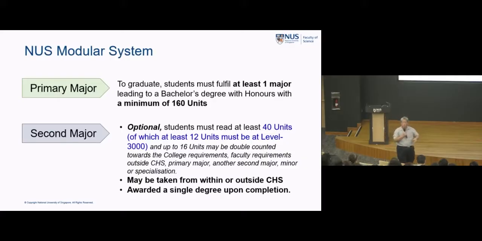Now, I've been talking about second degree and then later on second major. Some of you may say, actually, I don't want to do all that. I heard all this before. I want to go to graduate school. I want to be a physicist. I want to be a quantum physicist. And I want to learn all I can about this. This is what the dean is talking about as a deep specialist.